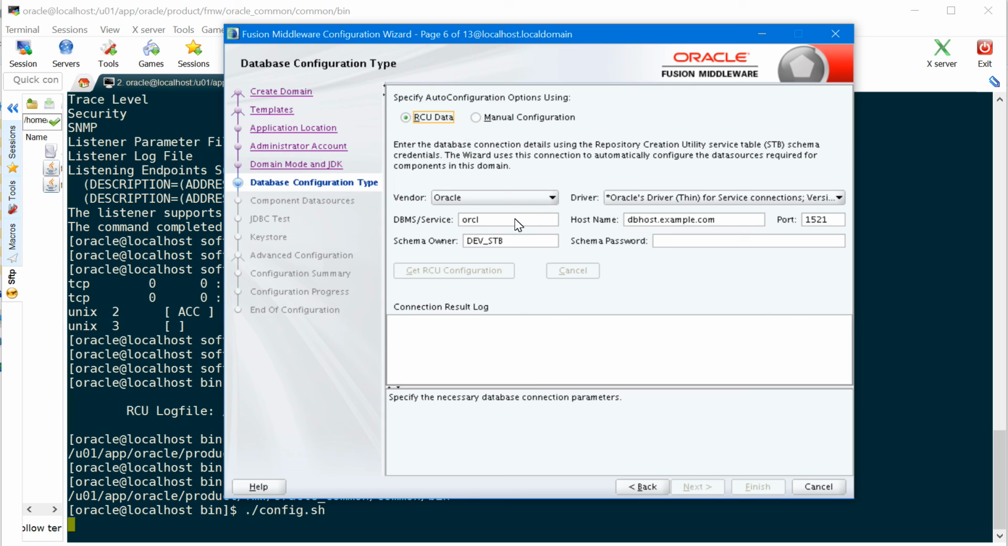Here you need to specify the RCU data. So my DBMS service name would be pdborcl.localdomain. Host name would be localhost. Then port 1521. The schema owner, you need to specify your prefix, whatever you have provided during your repository creation. In my case, it's SOA, so instead of dev, I'm giving it as SOA, and leave the rest as it is, and then your schema password,